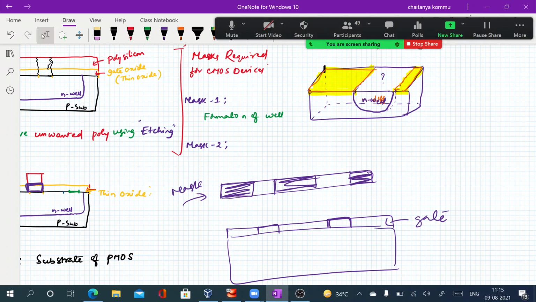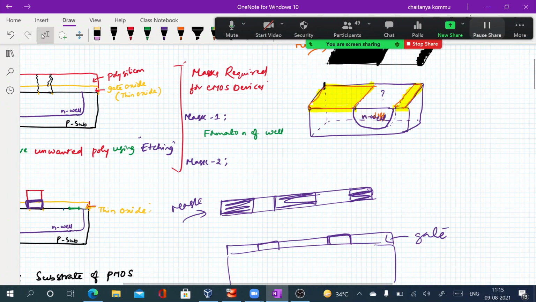Somebody please respond in the chat box. Sir, is it like a protective layer? Yeah, exactly. It is like a protective layer. Actually, there is a small difference. The protective layer is on the surface, whatever the material on the surface, the question I have given, the passivation,